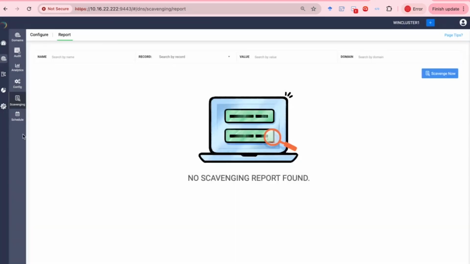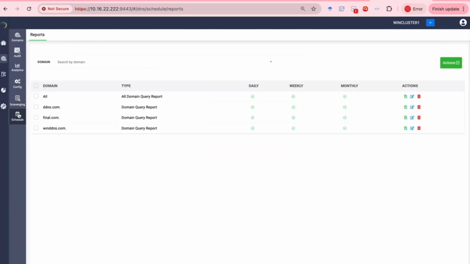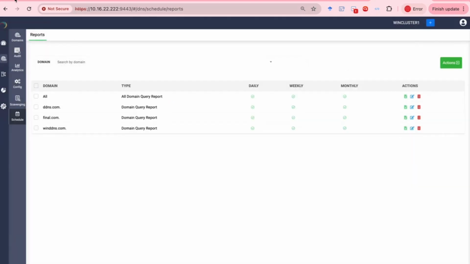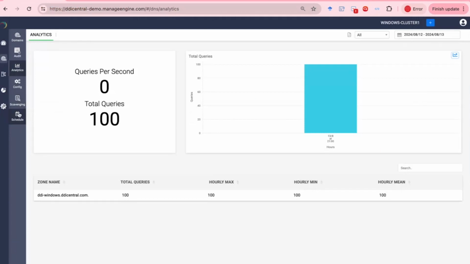So that's about the scavenging processes, and you can schedule DNS reports. Just click on schedule and you'll configure scheduled DNS reports. Once you create a new schedule by specifying the frequency, whether it's going to be daily, weekly, or monthly, you can retain backed up reports. The scope of the reports is decided like